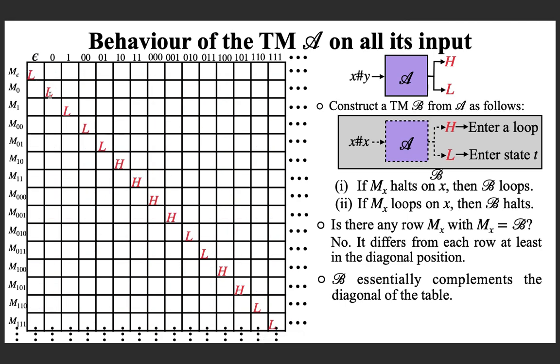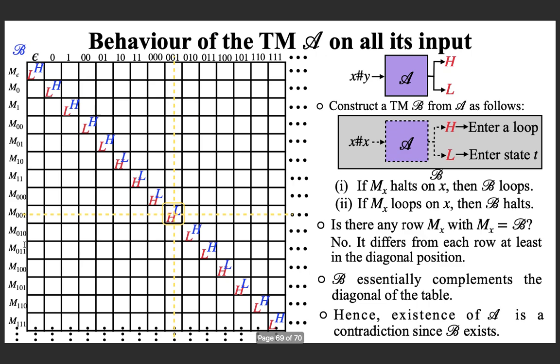For example, suppose this is the original diagonal values computed by the machine A. What the machine B is doing, if it is L, then B is halting because it is entering the state T. If it is H, this is the outcome, then the machine B is looping. So exactly the machine B behaves differently, at least in the diagonal position. So we can say that at least in the diagonal position the machine Mx differs from B for every binary string X, and hence